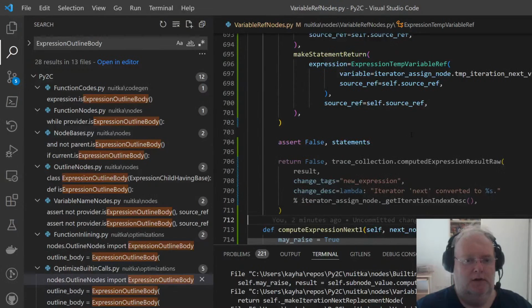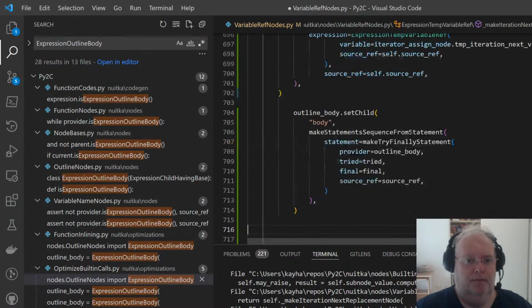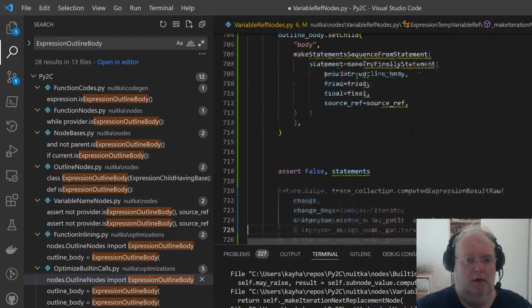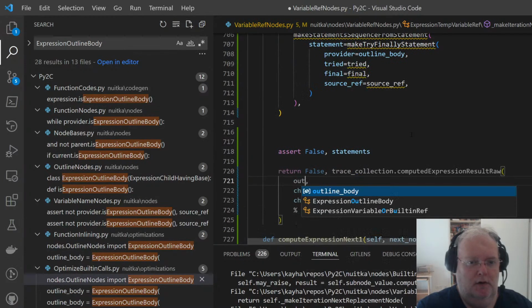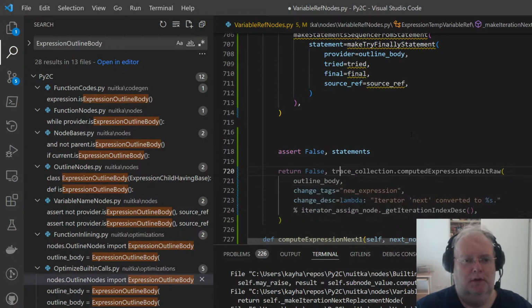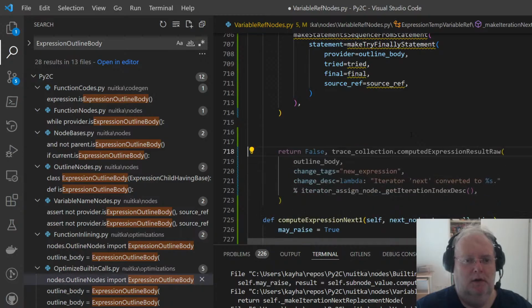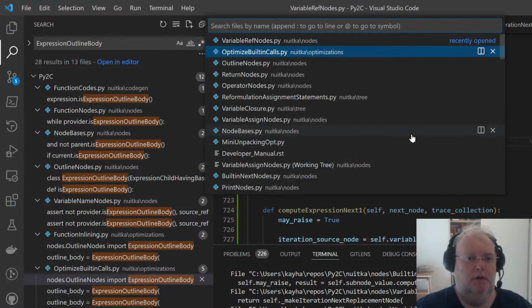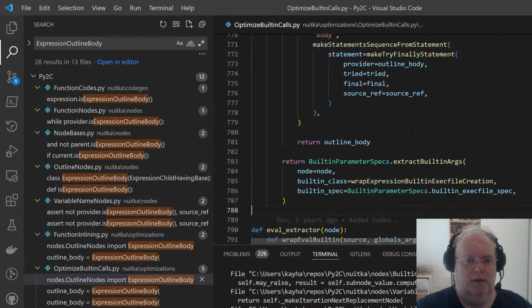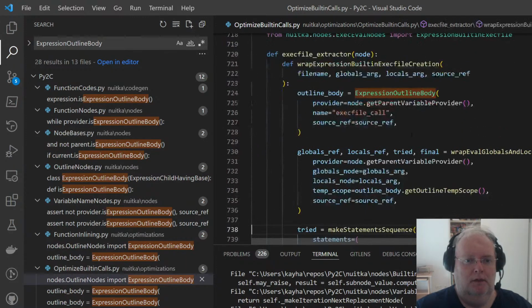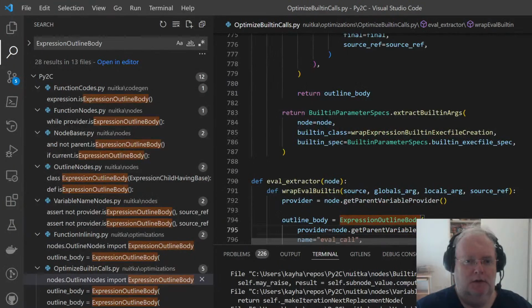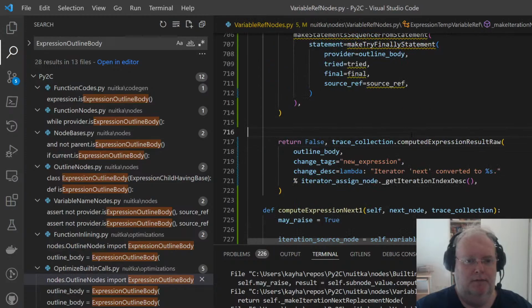So it's actually, I can do outline body. I think the outline body is the value that, yeah, it's the value that replaces the thing.